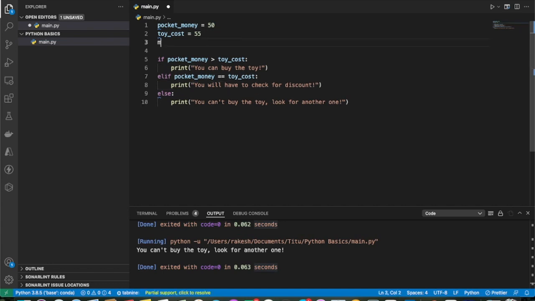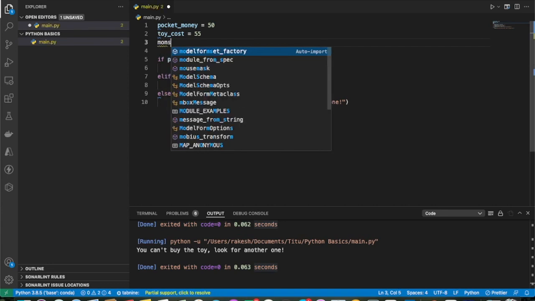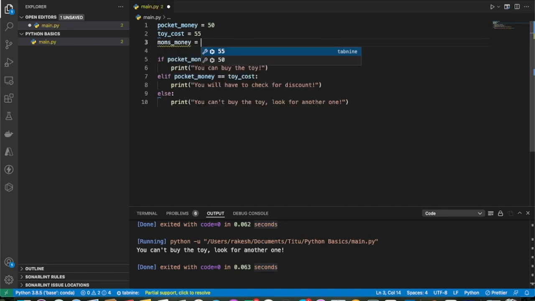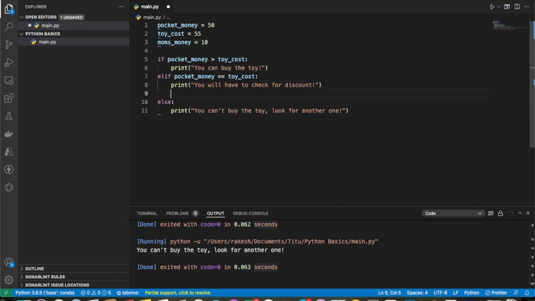Now we can do something like this. Mom's money. So there's something called mom's money now. Mom will at least have $2,000. But to keep it simple, let's just say Mom has $10 in her wallet. She's not going to give you her credit card, right? So now we can do